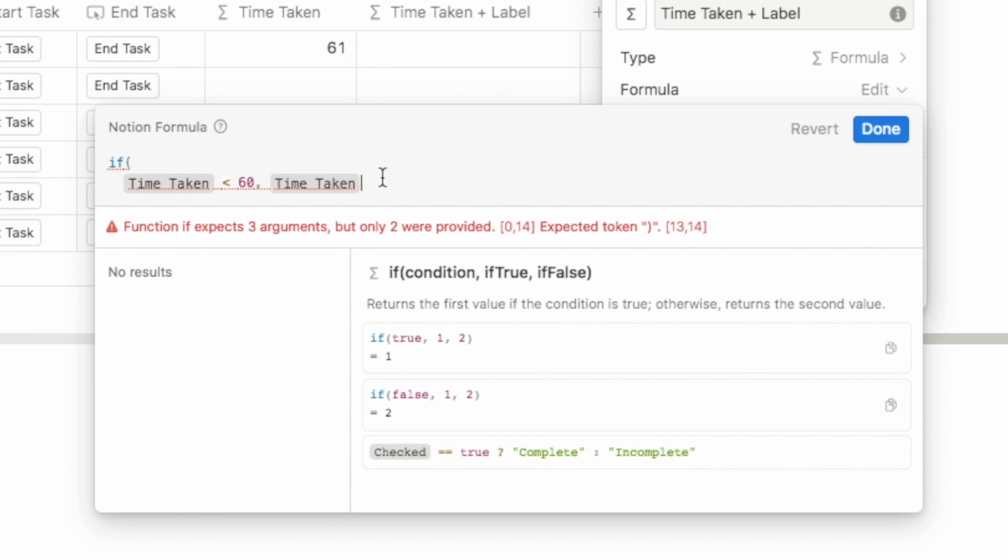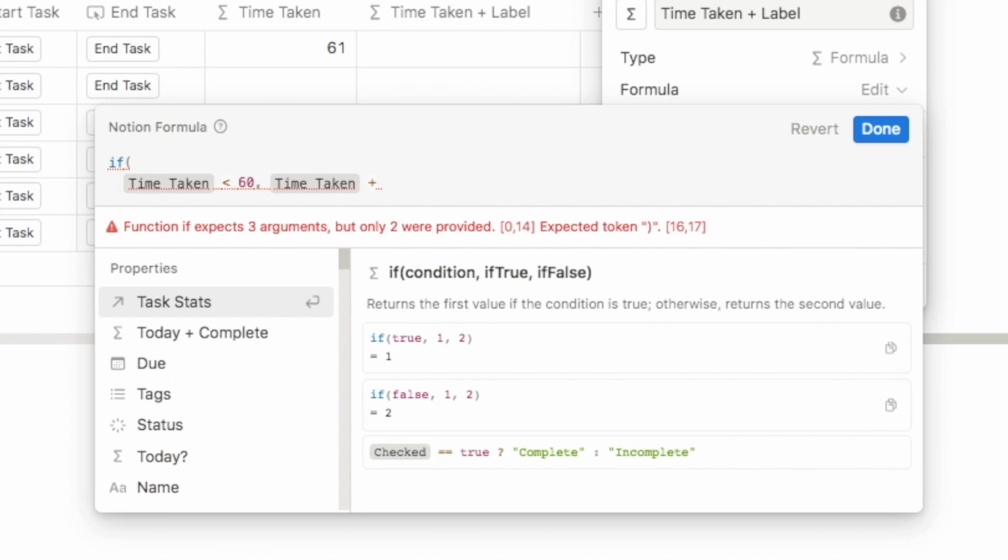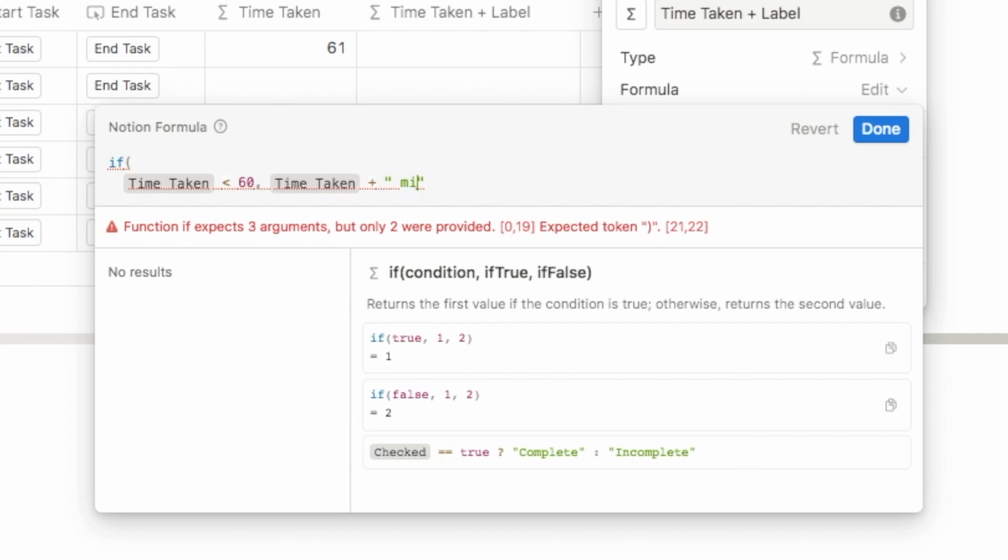in our time taken formula, a plus symbol, and we can actually just write the text that we want to display after this property. So inside two quotation marks, I just want it to say min for minutes, like that, and that is fine. So if this is 60, it'll say 60 min. If it's 35, it'll say 35 min. But if it's 61 or anything else above 60, it's going to follow the next rule that we're going to